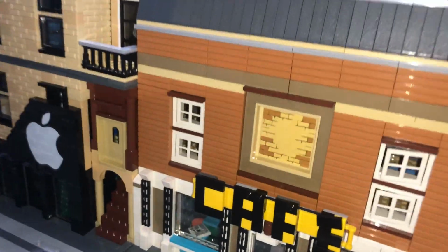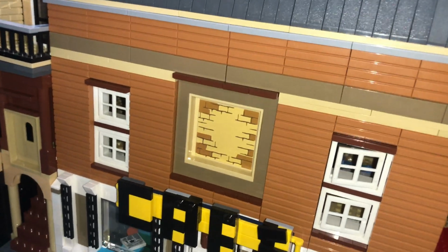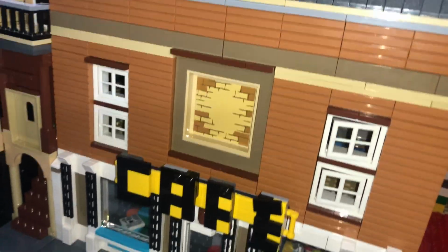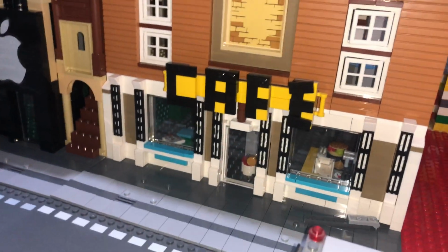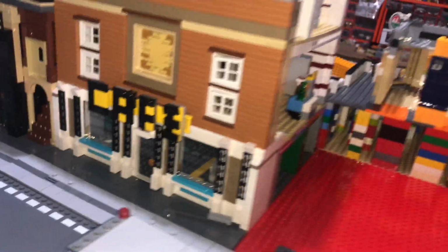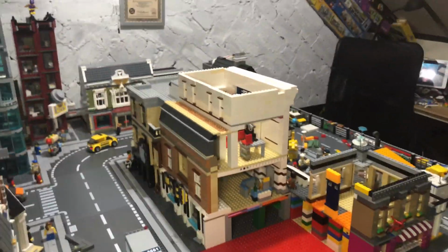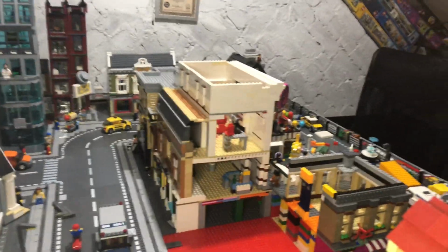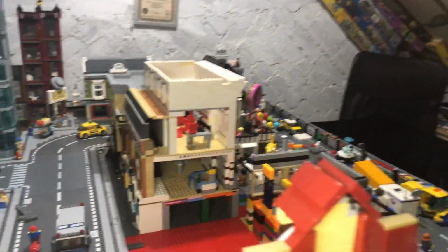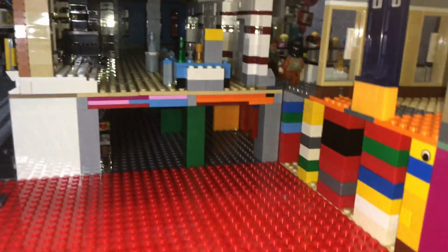And then using that base plate in the middle, that's from the Lockwood Manor Jurassic World set, and then the cafe at the bottom. So as you can see, I've not put any walls on the side, so I'm just trying to save a bit of Lego really by doing it. If you can look right the way down each one,